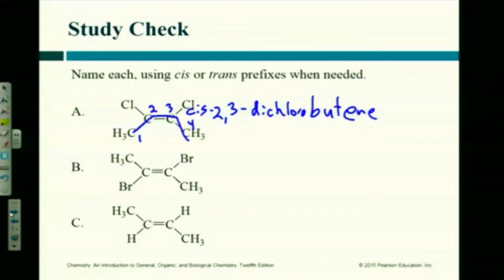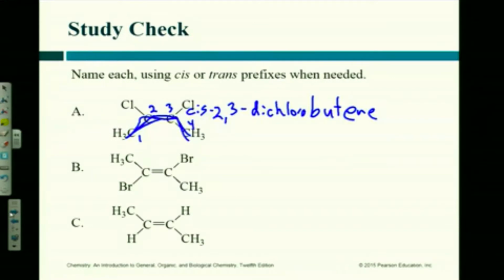Somebody else had a question. How come the CH3 appendages are not considered methyls? Because they're part of the butene chain, aren't they? 1, 2, 3, 4. 4 carbons. I've taken care of these 4 carbons. It's not a methyl group. Remember, you can't have a methyl group on the one carbon or the end. Those are taken care of as part of the 4 carbon chain, right? But I thought the 4 carbons were like a gas. That's if it's an alkane. It doesn't really matter if it's a gas or not for doing this.